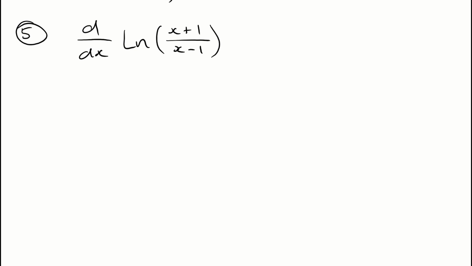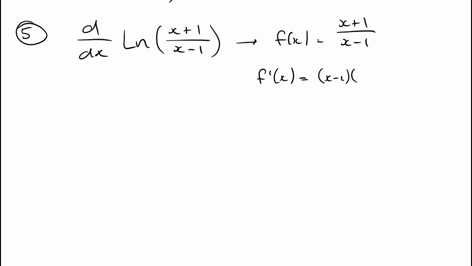If we do another question now, question 5, here we're trying to work out what the derivative of the natural log of x plus 1 over x minus 1 is. So you can have a think here and quickly see that we're going to need to use the quotient rule. So my function here is x plus 1 over x minus 1. Now the derivative of that function would be my v, the one on the bottom, x minus 1, times the derivative of the top, take away, keep the one on the top the same, multiplied by the derivative of the bottom,